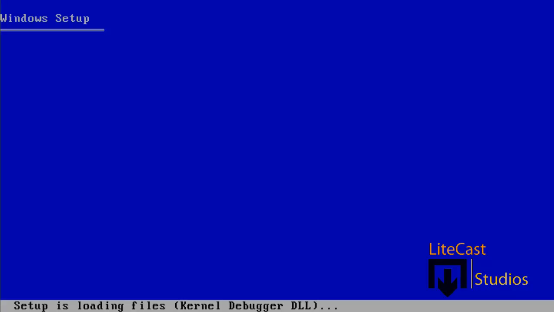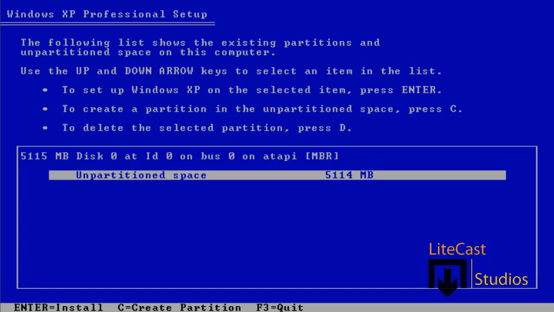So we're just going to let setup load its files like the keyboard driver, the video driver, and stuff like that. So once that's done, we'll see setup is starting Windows, and we'll see the partitioning window where we can partition the hard drive, reinstall Windows, and do different things like that. As you can see, we have a giant unpartitioned space, which means we have nothing on our hard drive. We can click C to create our partition,